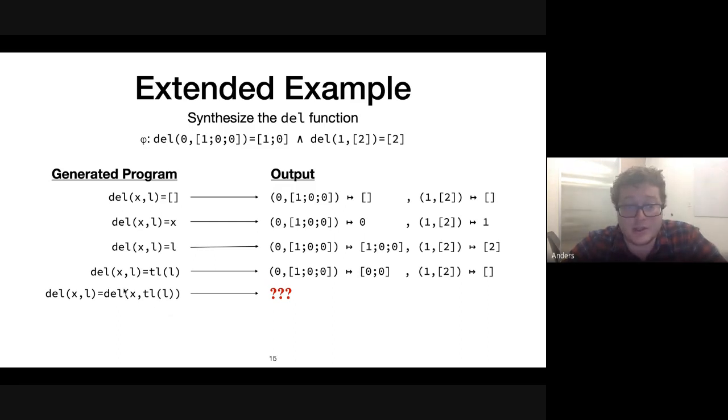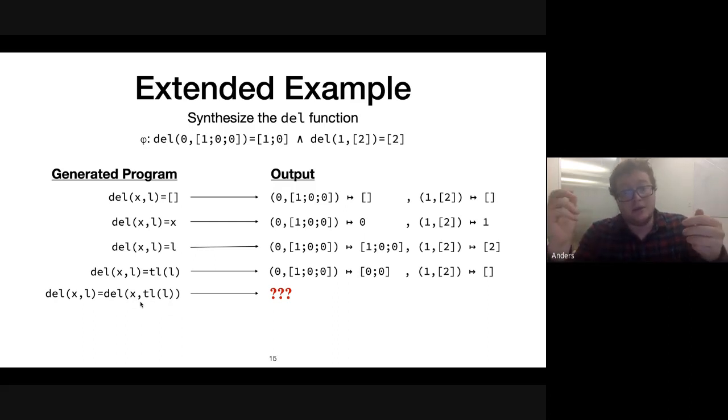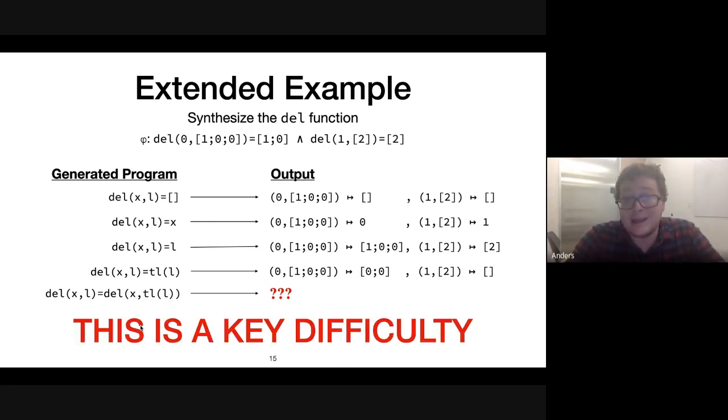We just say, oh, this is one subcomponent of the final program, and the final program will be generated later. But to generate that final program later, we need to actually get the output here. So we have this kind of conflict where the del needs the full program to be generated to evaluate it, but to generate the full program, we need to evaluate this subexpression. So what do we do? This is a very key difficulty here.